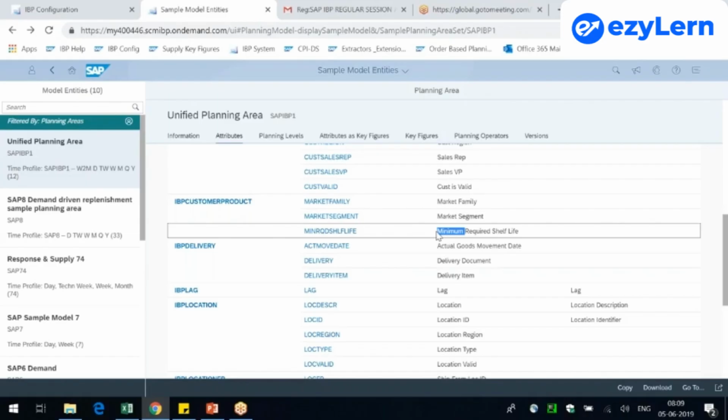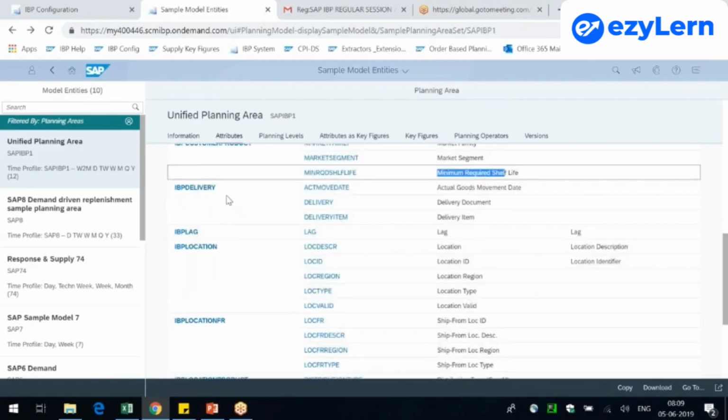We get cheaper products, but if you turn back and see the date of manufacturing, it would be quite old. All that old stock would be sent to wholesale, because people will be desperate to buy products which come cheap. So minimum required shelf life, this attribute will make more sense if I have both customer dimension and